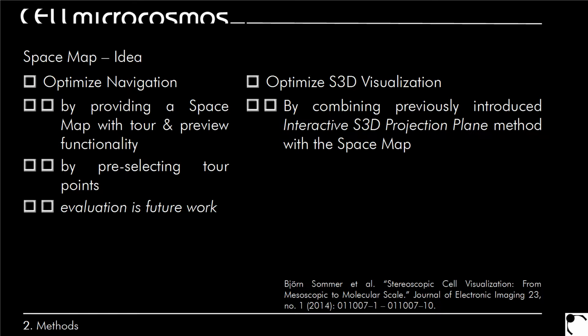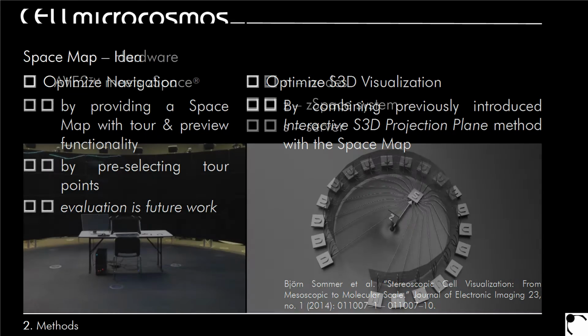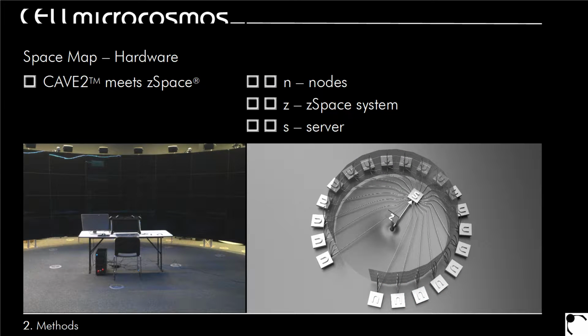But for this talk, more important is, of course, the stereoscopic visualization. What we use is the approach from 2014, because we used the software, which I will show on the next slide, that is used to optimize the stereoscopic effect. And we now also apply this effect to the 3D environment of our cave. So this here is our Cave 2 plus zSpace approach.